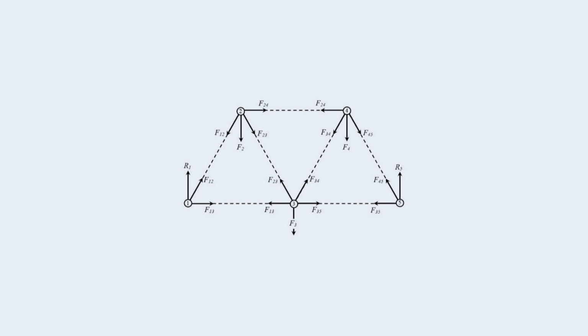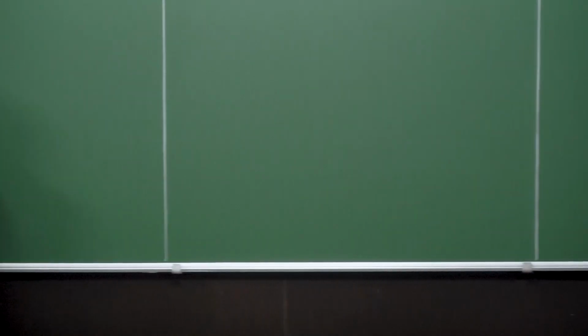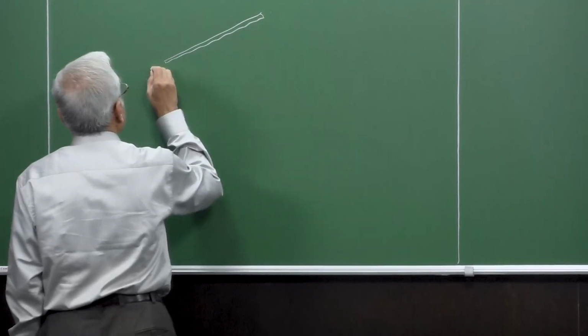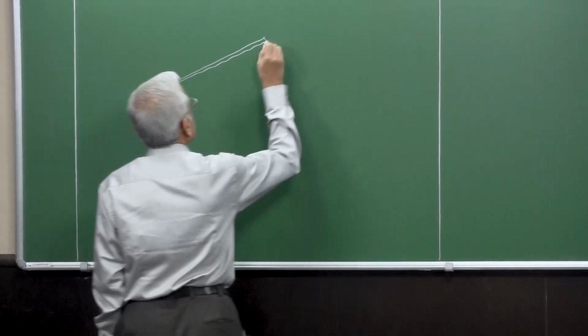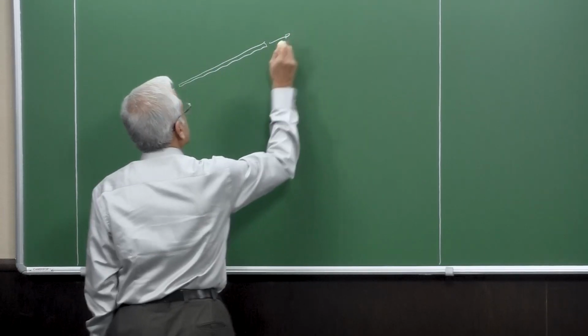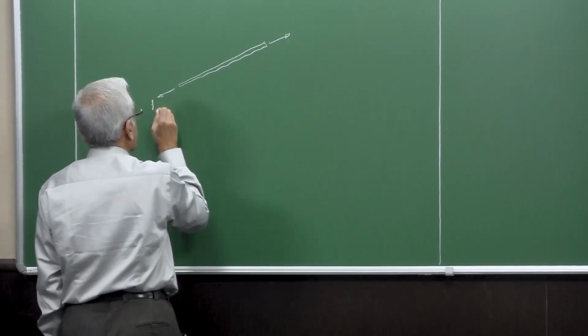We can assume that they are axial members. In the axial members, it's also important to realize that if the axial member is carrying a force like this one, F,